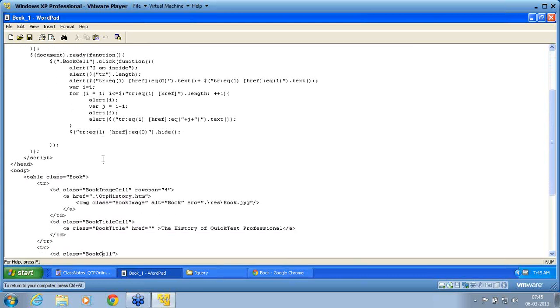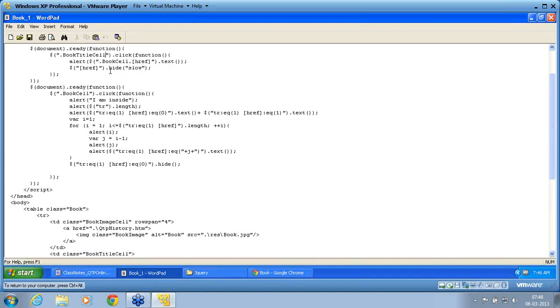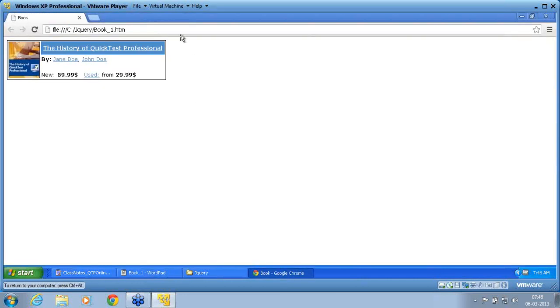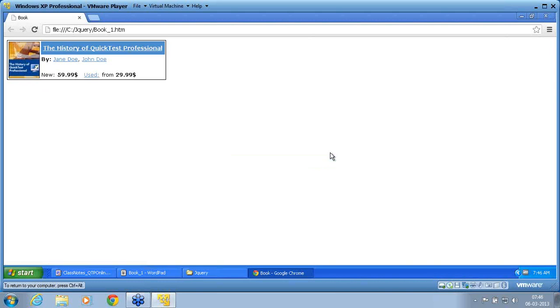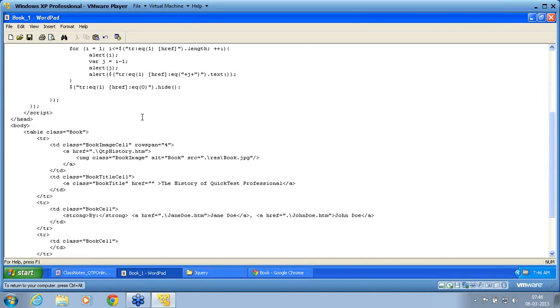So title cell you have here. When you click on title cell class, there is a title also. You have a title also. You have a title cell as well. So let me now change to title. Let us see how he works. I now refresh the page. Make sure the same page you are refreshing. I am title. Again, it is not retrieving that information. Bookcell information is not retrieved. So I need to now go into why bookcell information is not retrieved.